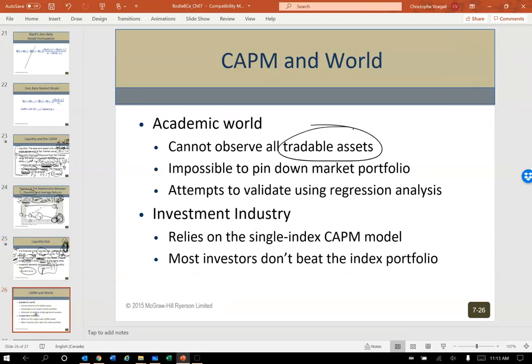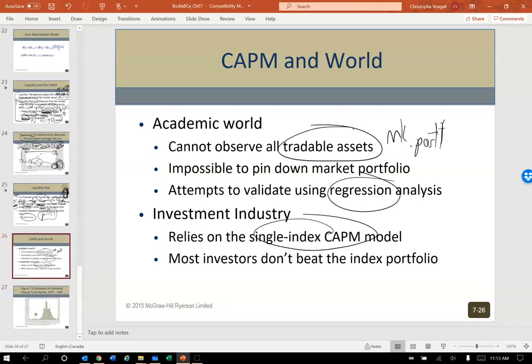Again, like I said, all tradable assets, the market portfolio is kind of a theoretical construct because we can't observe every single stock price at the exact same moment in the entire world. So we try to get as close as we can using fancy math. We'll try to do a single index CAPM. The book might talk about, I'm not sure if it's in here, the CAPM. Again, that's something the CFA will talk about briefly. There's different versions of it out there, I guess. Kind of the way Sharpe and Sortino use standard deviation, but in a different way.